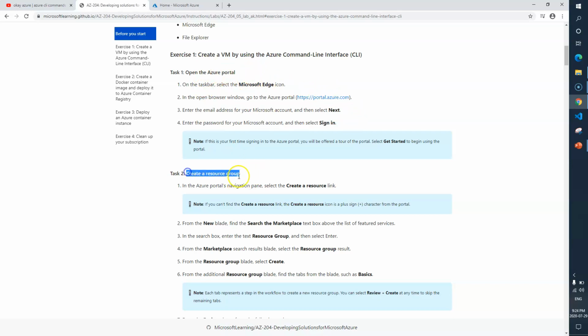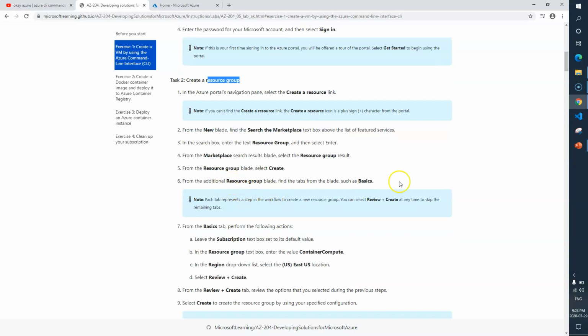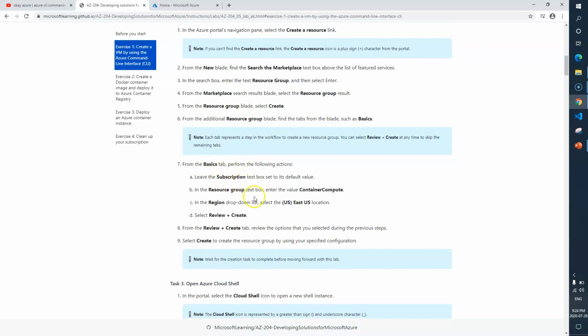Now task two says create a resource group. So okay, now we need to go and create a resource group. Here we just need to open the resource group and we have the details. The resource group name should be container compute, location is US. That's it, nothing else is there. Let's go and create a new resource group.